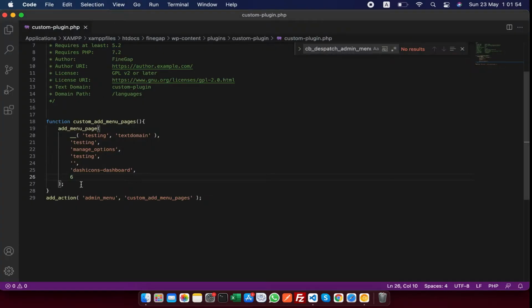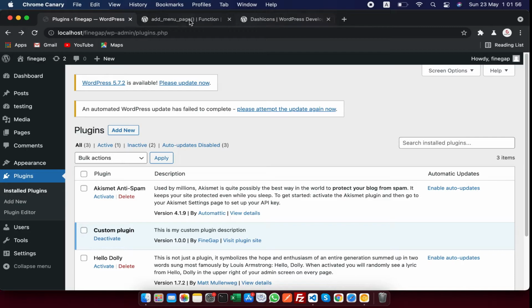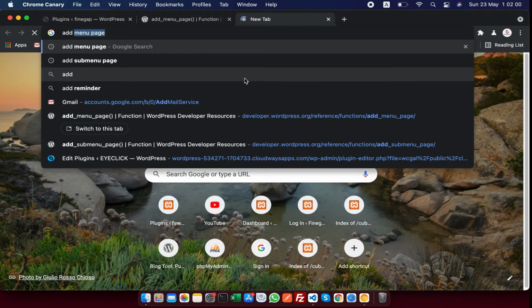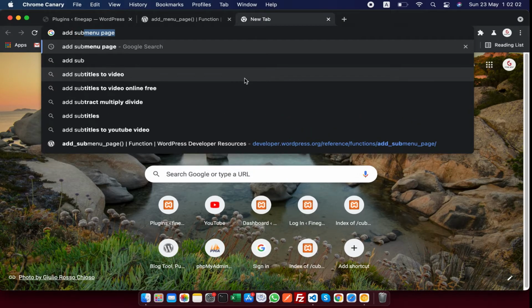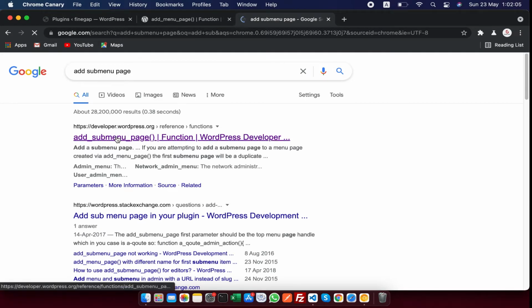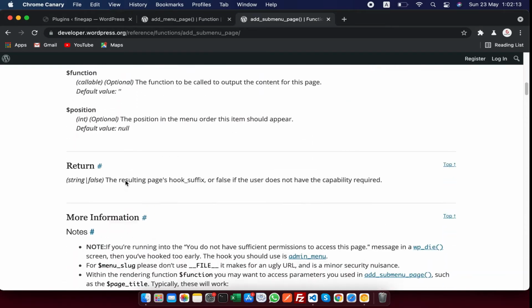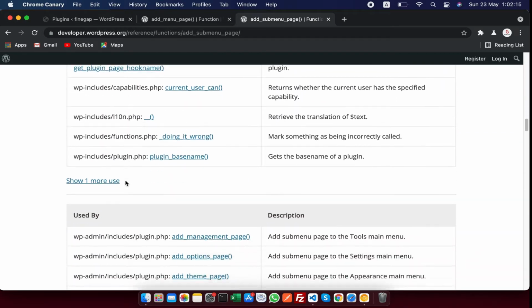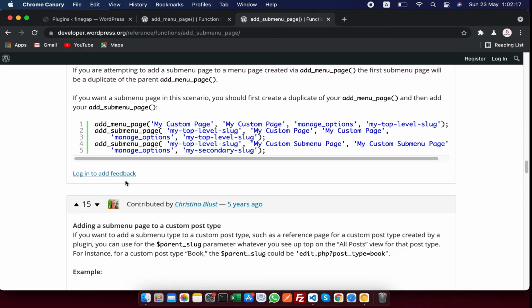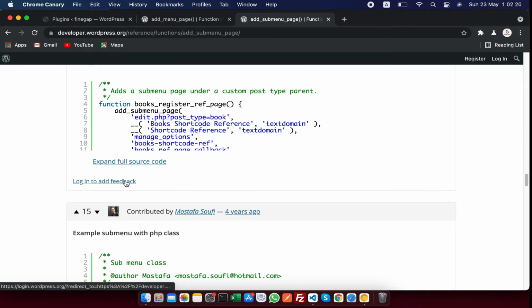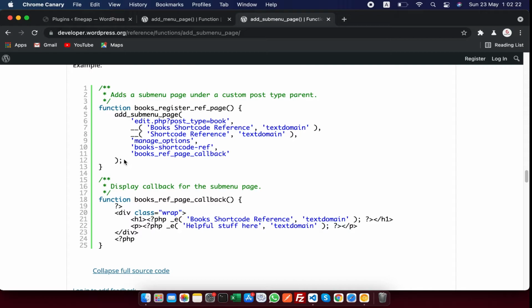Let me add my admin sub pages. So close it. Go to Google and search for add submenu page. Click on it. Find the function which we can use. So I think I can use this.